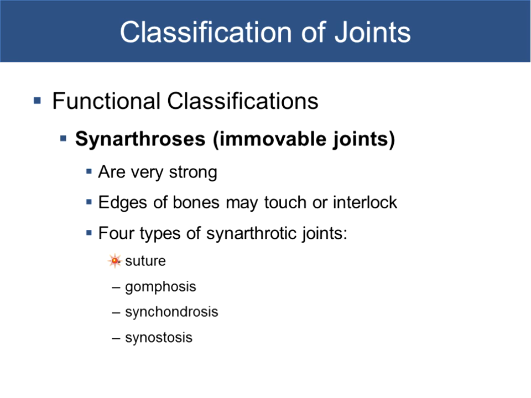A great example of synarthrotic joints are the sutures that make up your skull, so where your left parietal bone and your right parietal bone meet one another, and how it meets with your frontal bone in the front of the skull and your occipital bone in the back of the skull. All of those are great examples of synarthrotic joints, and we call those connections sutures. So those are all good immovable joints, and those sutures, over time, after you're no longer an infant, and